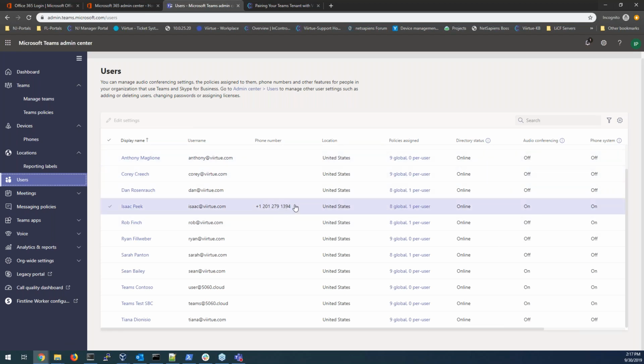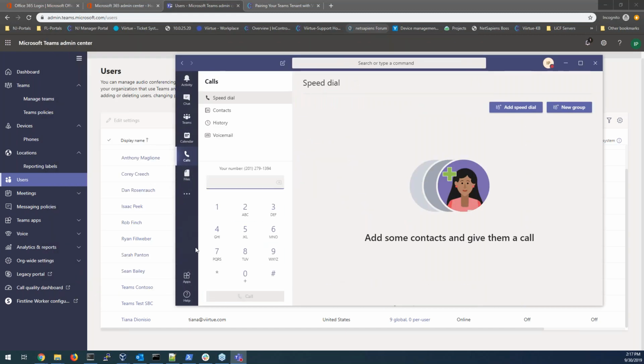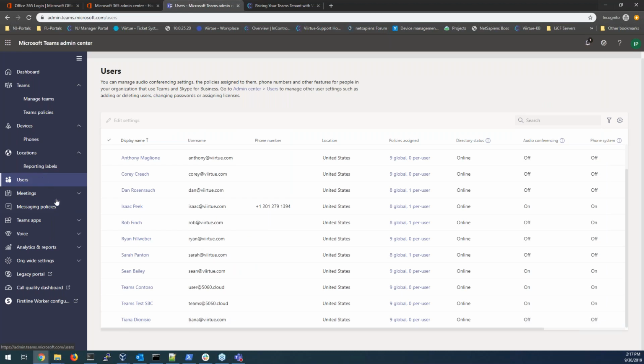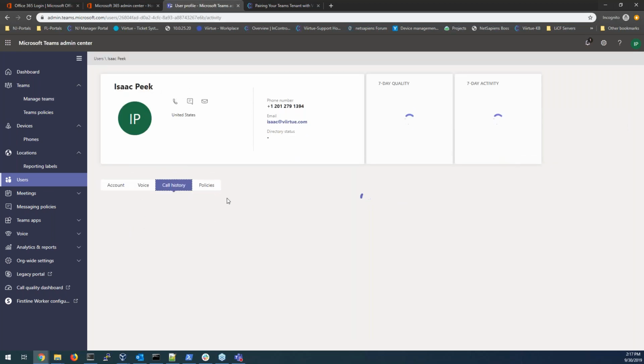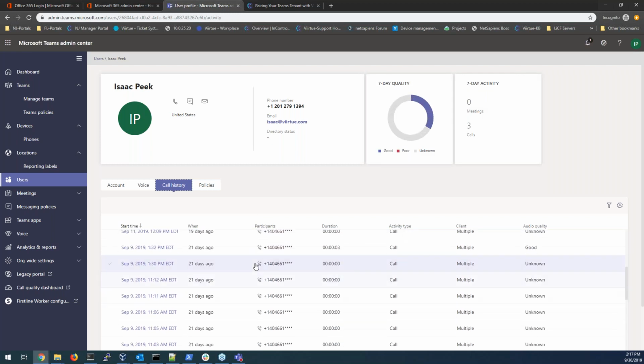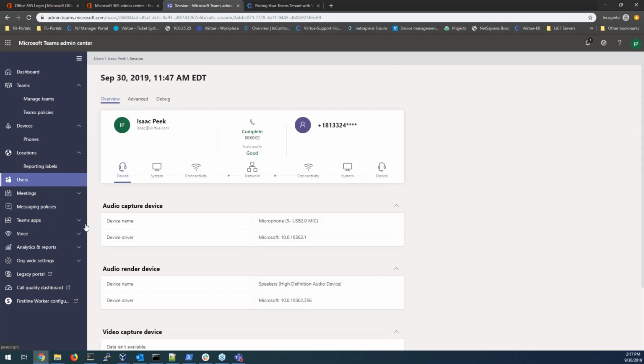And with that, what you'll notice when you're looking at the Teams app here is if there isn't a phone number assigned there, they're not going to get this dial pad interface here. We'll get to that again in a moment. The other things that you would want to look for really in the admin portal, if you needed to diagnose a call issue, you would click on the user and you come in here to say call history, and then you can look through here and get information on the calls themselves and dig in a little further.